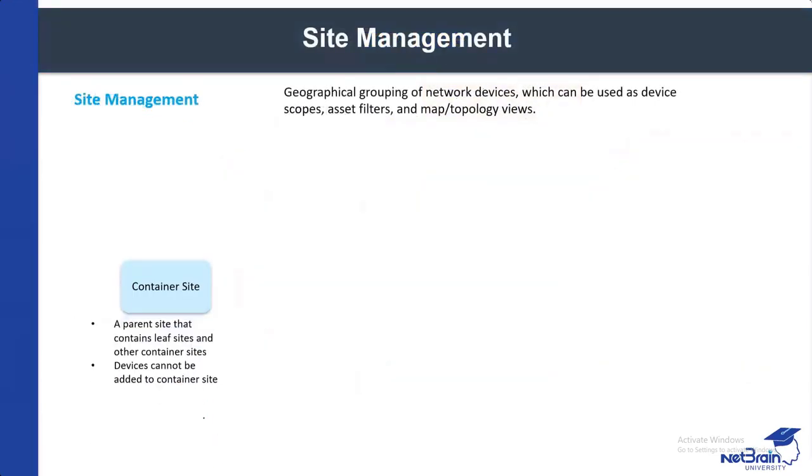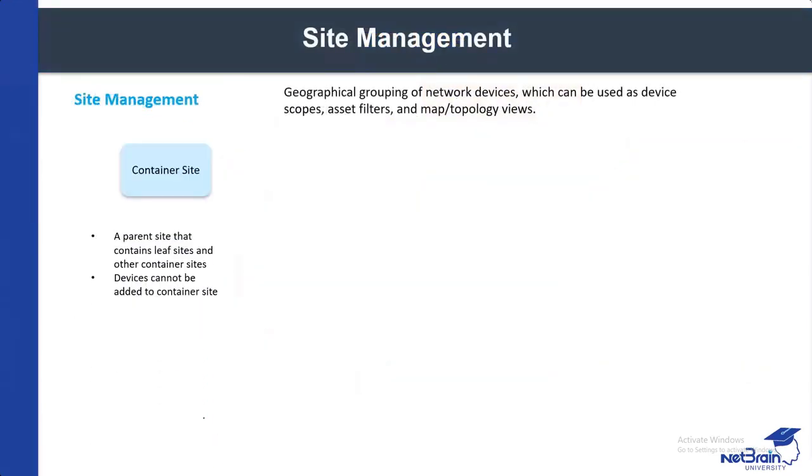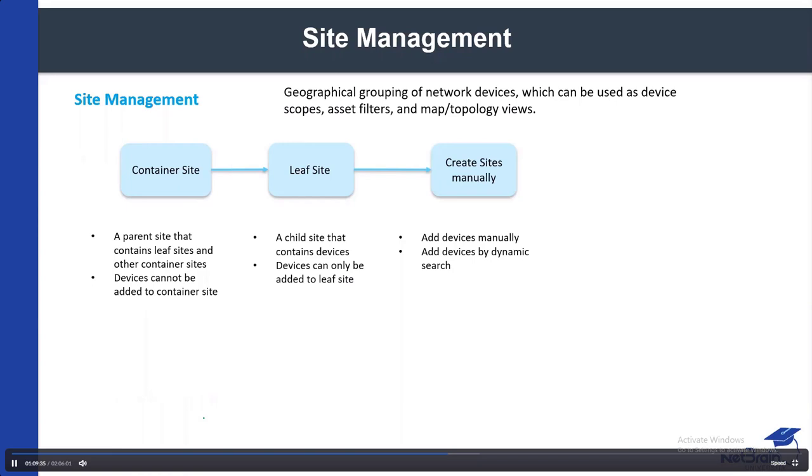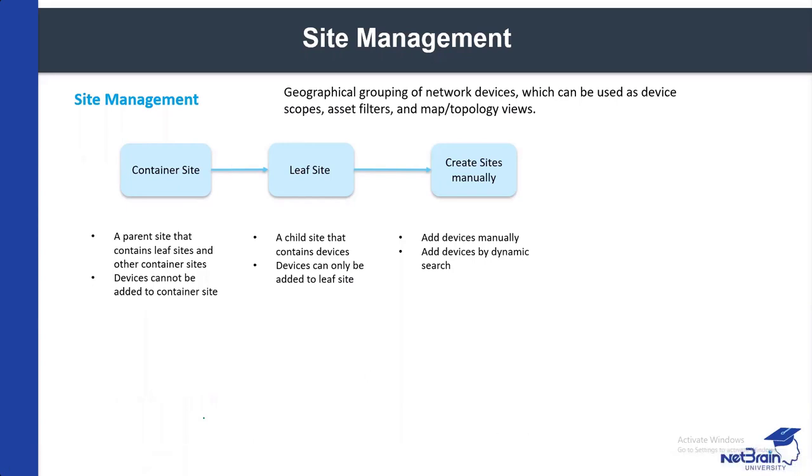Next, let's talk about sites. There's two types of sites. So what are sites? Sites are geographic groupings of devices, as you say here. They're logical groupings of devices based on geography. So a device can only belong to one site at a time. And there's actually two different types of sites. There's container sites, and these are for fleshing out the topology. The devices don't actually get assigned to a container site directly. Instead, they get assigned to a leaf site, which is where the devices actually live. So let's go ahead